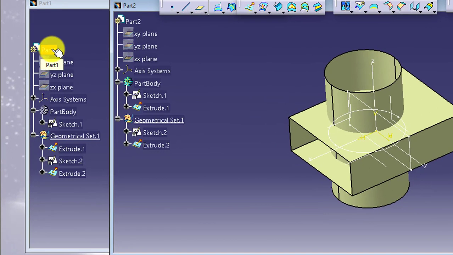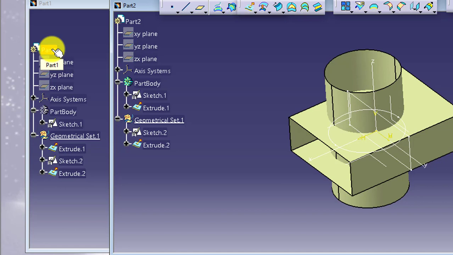Part 1 is the case when your hybrid design was off. Part 2 is the case when your hybrid design is on. The difference is, when you are working with the hybrid design, then your part body can also accept the surface creation features. But if hybrid design is off, then your part body does not accept any surface creation features. Means, when we were discussing the interactive applications, I told you that if you want to interact with the environments, then you can use the tool, you can use the software.